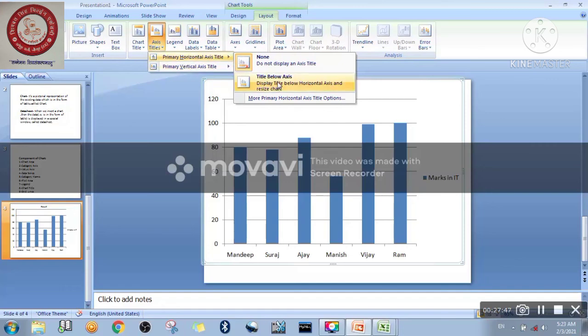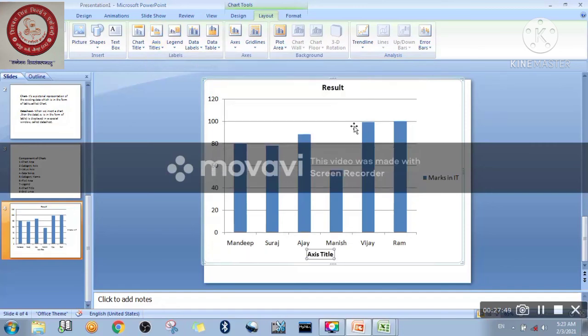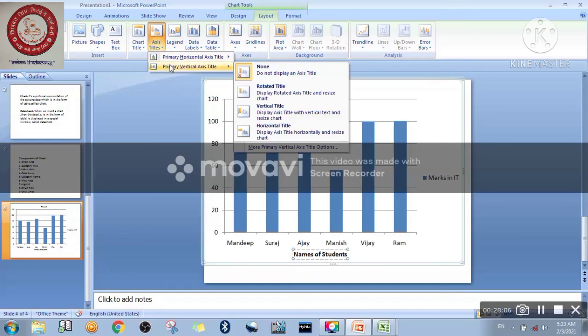If you want to give the name for the horizontal axis, you will use this one, primary horizontal axis title, and you will use the second one, title below axis. Now after that you can write here names of students, names of student.